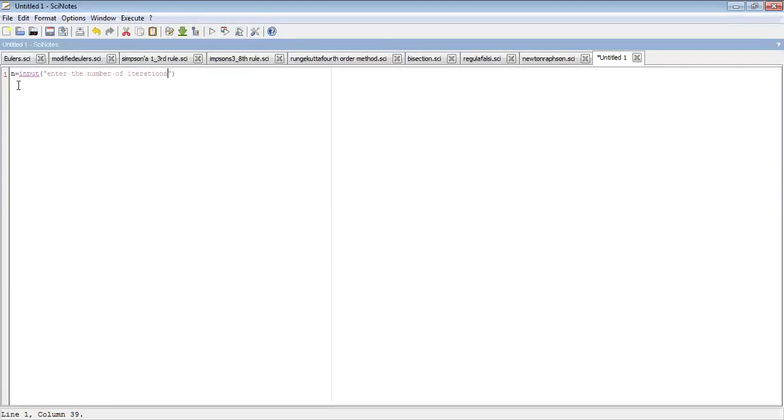You have to ask this from the user. Once you ask for the number of iterations, we'll initialize x0 is 0, y0 is 0, and z0 is equal to 0, correct? So we initialize all these values x0, y0 and z0 as 0.